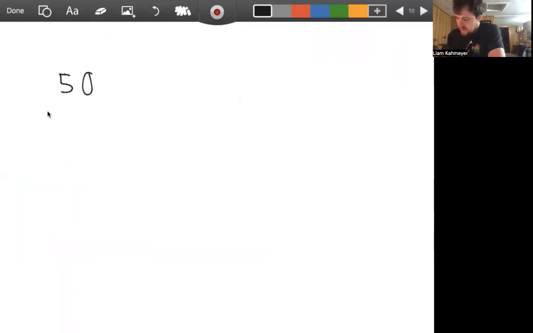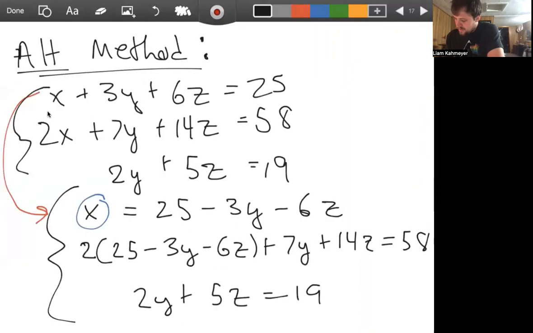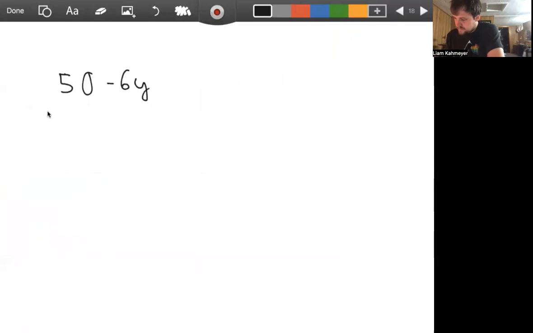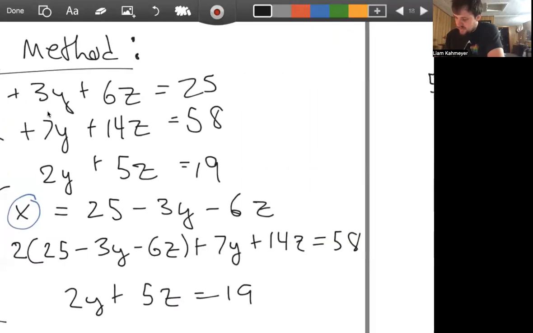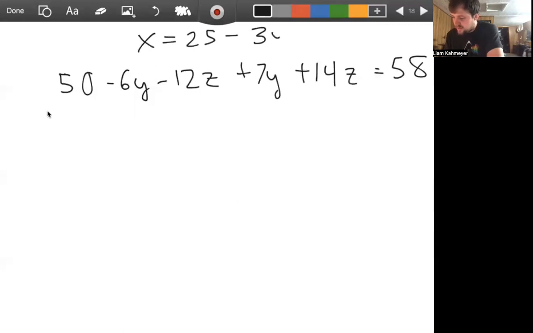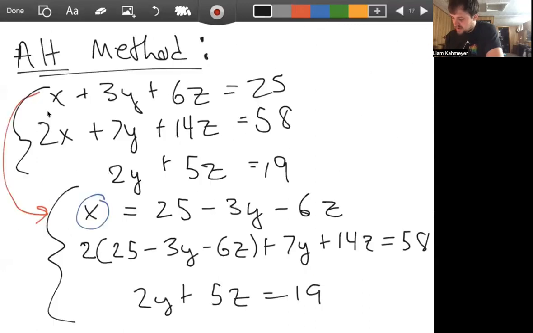We have 50 minus 6y minus 12z, and then it was plus 7y plus 14z equals 58. And then we also had x equals 25 minus 3y minus 6z. That was equation 1. And then equation 3 was 2y plus 5z